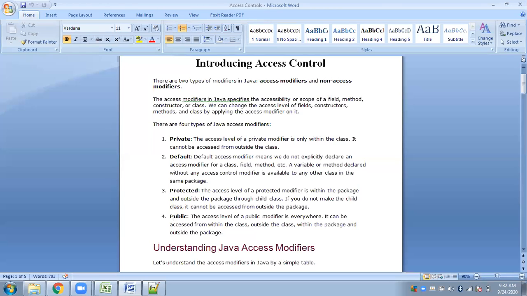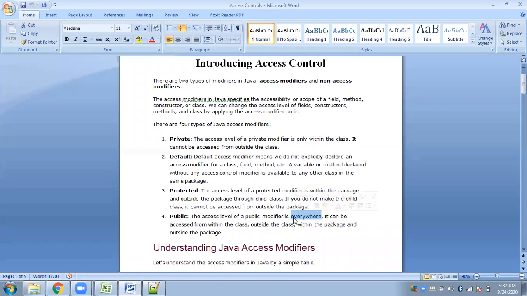You have been using public. So what is public? The general meaning of public is that it is for the general, it is for all. It is open for all, available everywhere, and anybody can access the fields. If any field, method, constructor, or class is declared as public, it means that it can be accessed by anyone from outside the class, from outside the package, from everywhere.